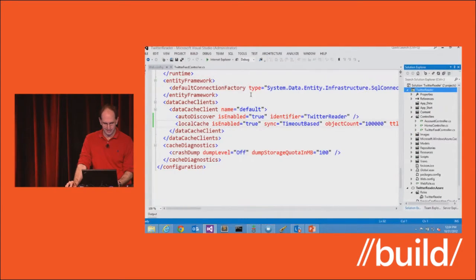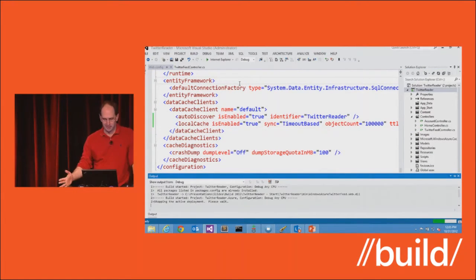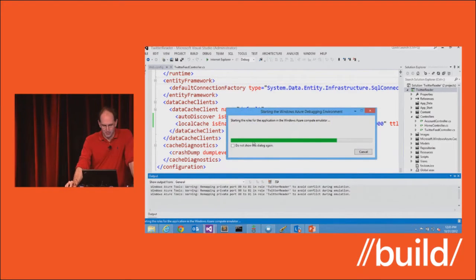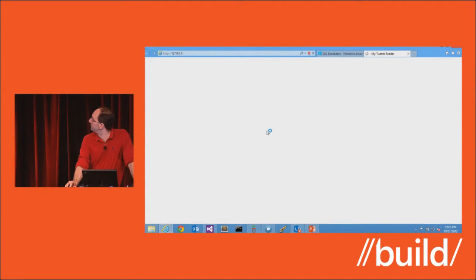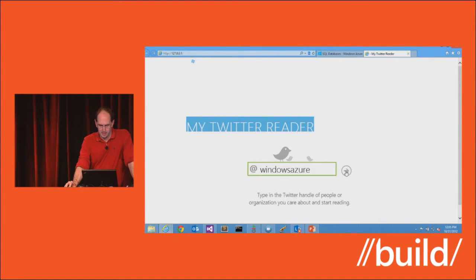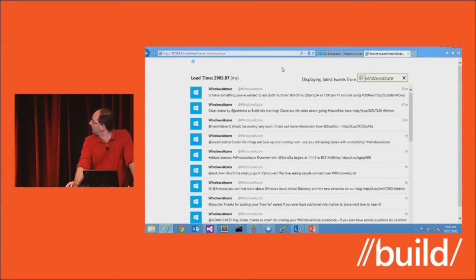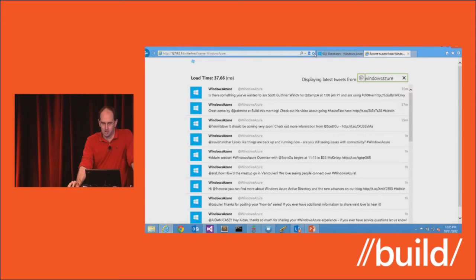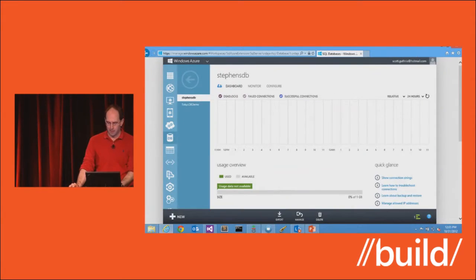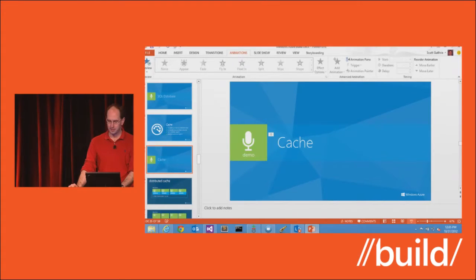Let's save that. For some reason I have a JavaScript error, so let me run without the debugger. Again, that's not a server-side thing, that's a client-side thing. We're going to spin up this emulator. There we go. What you'll see here is the first time it's going to take a little bit longer, but as I start hitting this page, notice the responsiveness is now under half a millisecond. This is the benefit of pulling all the data from the distributed cache, and now I can provide super fast responsiveness to my customers.